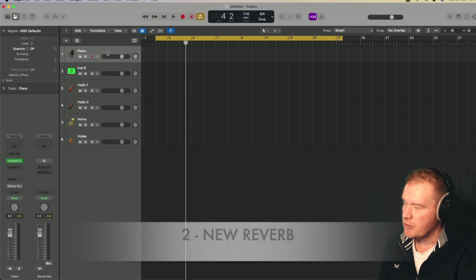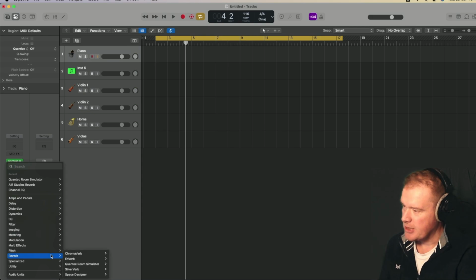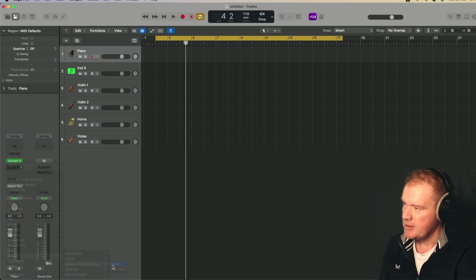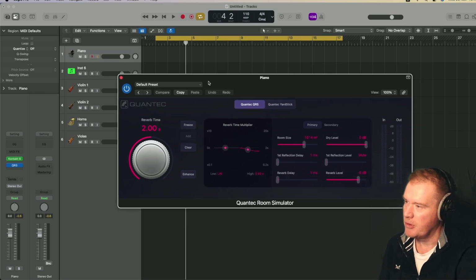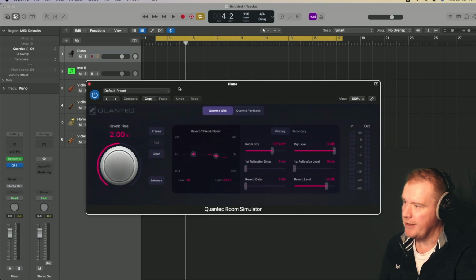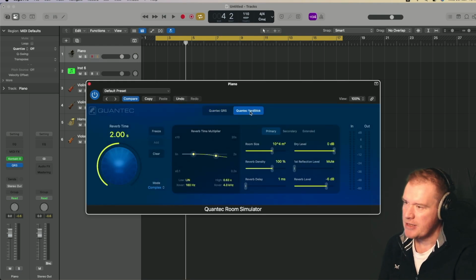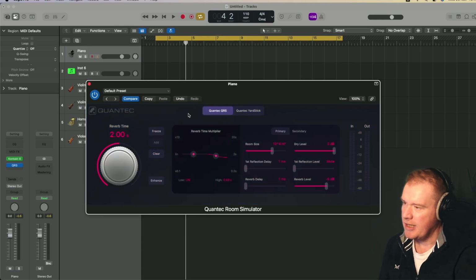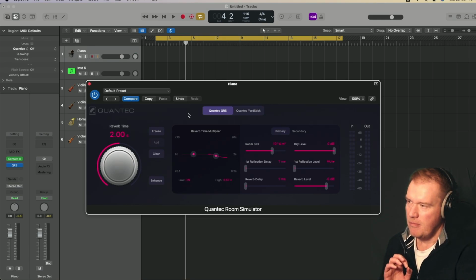Next, reverb. They've added a new reverb. It's in the reverb section and it's called Quantec Room Simulator. It's based on a very popular model. Apple actually acquired the rights and the algorithms. So there are 2 versions, the QRS and the Yardstick. The Yardstick has a few more functions that you can play around with, but essentially its main